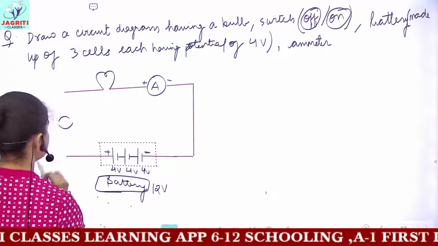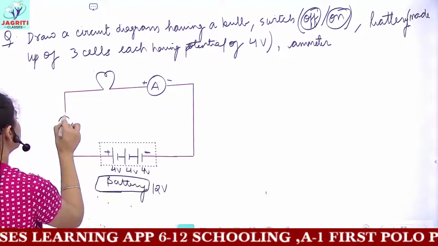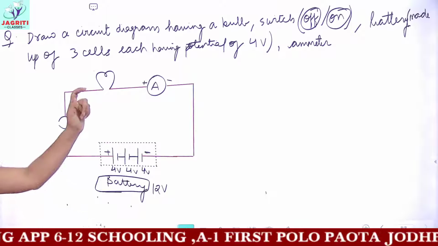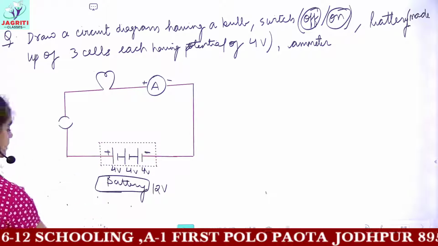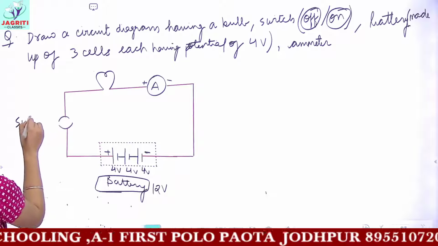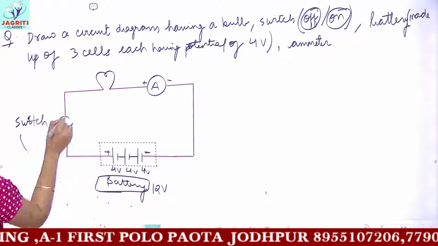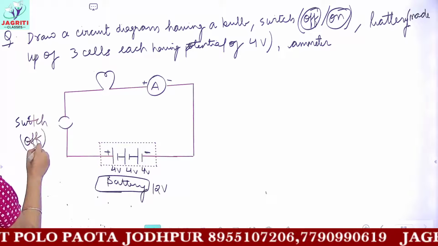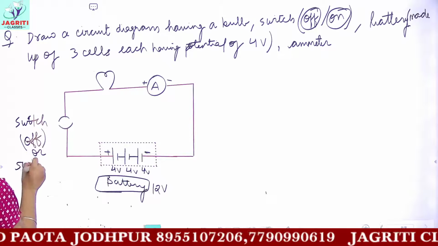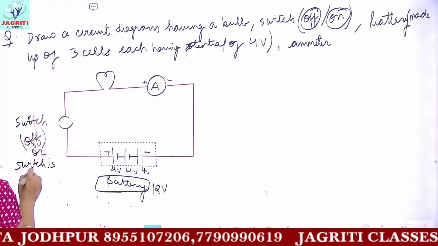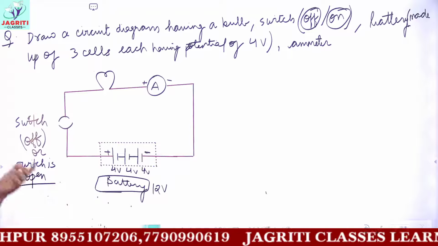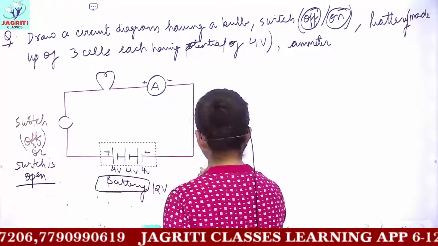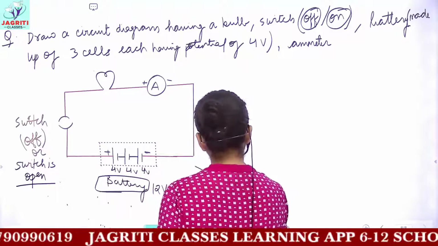And now we have to erase this. So this would be my switch. Now here this switch which is present, so this is the switch and this is present in off condition, or you can call the switch is open. The plug key or switch is in open condition or off condition. And the same circuit diagram is showing me a diagram for an open circuit.